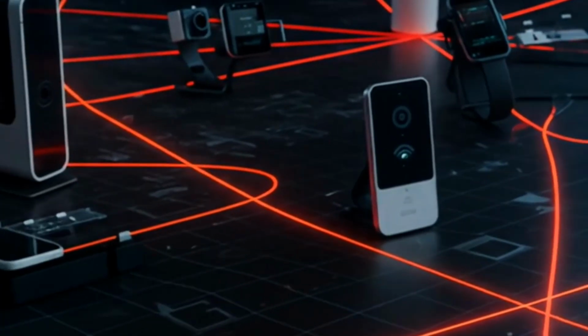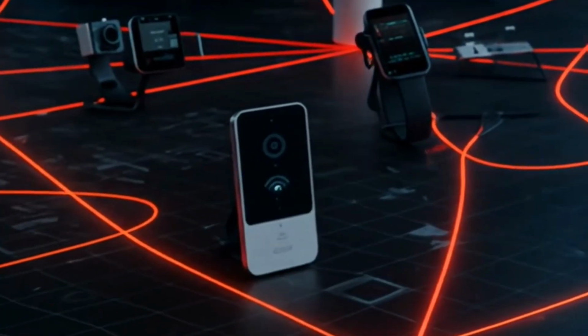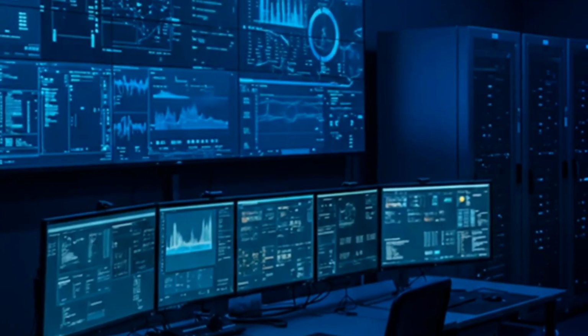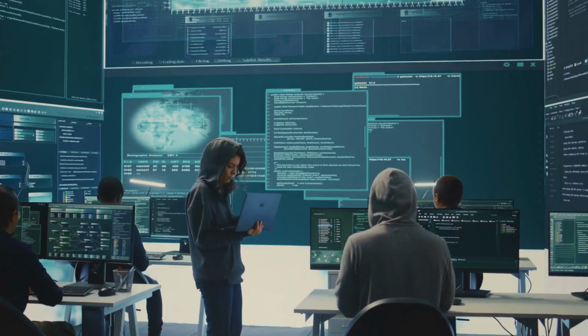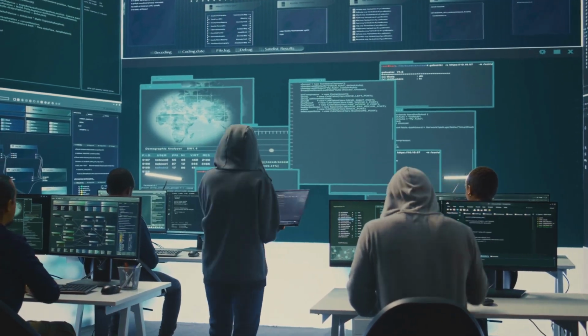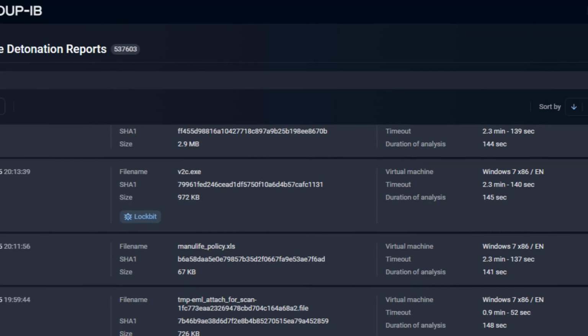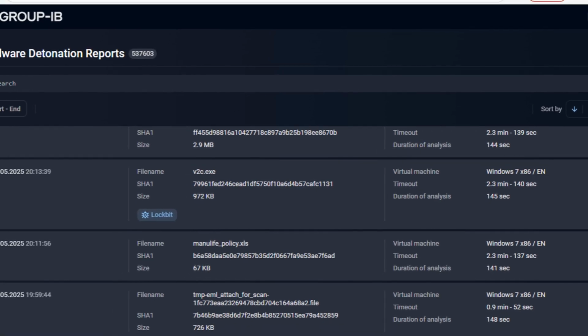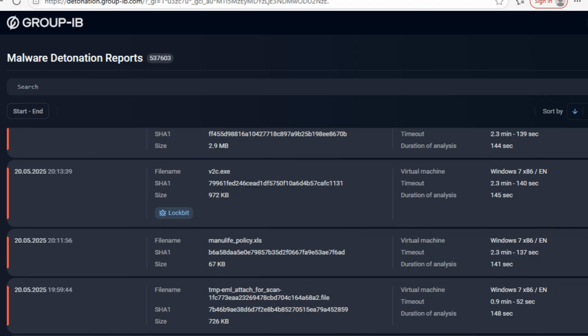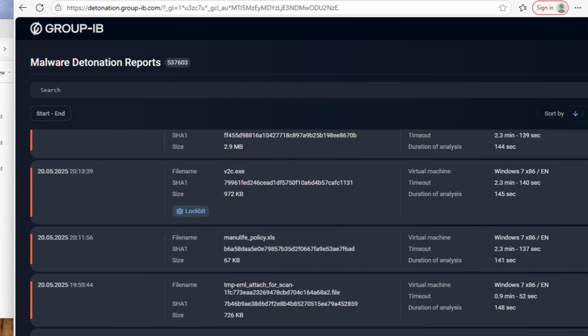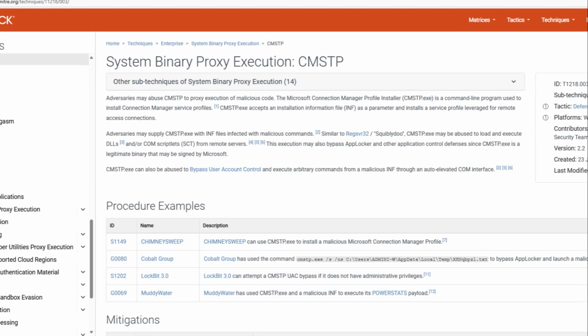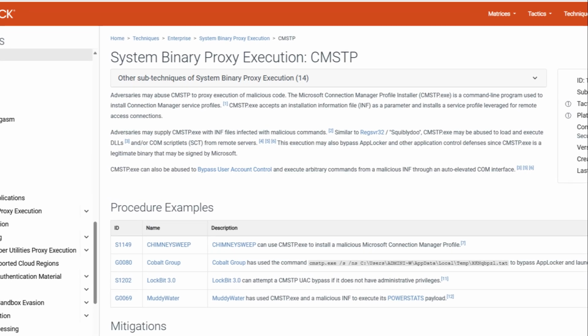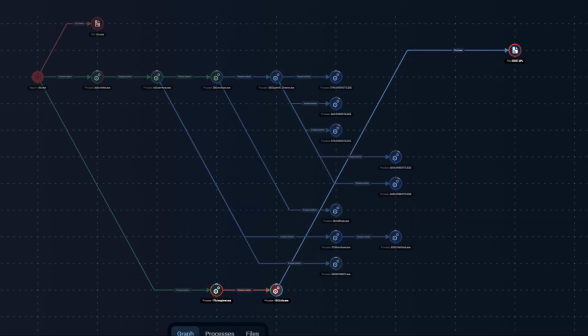LockBit. Yeah, it's honestly one of the most dangerous ransomware families out there in the wild. It's fast, it's evasive, and it's designed to bypass security controls with, well, a surprising amount of precision. So today, we're breaking down how LockBit actually operates, utilizing the freeware website groupib.com and reviewing recent submissions. How it manages to bypass user account control using something called CMSTPCOM, and of course, how you can spot its